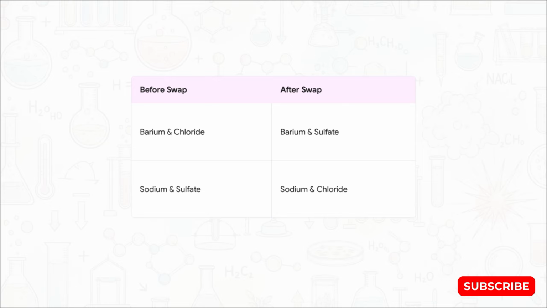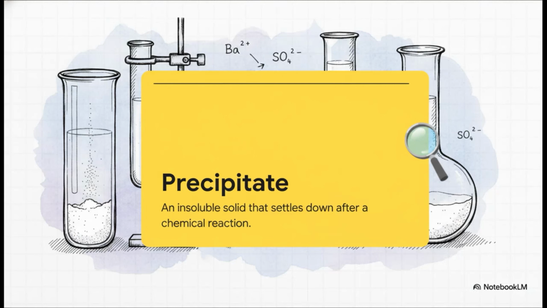So during the match, they realize it makes way more sense to just sit with their fellow fans. They agree to a mutual swap. Barium leaves chloride to team up with sulfate, and sodium teams up with chloride. The ions perfectly swap partners, creating two brand new compounds, zero drama, zero fighting. And this actually gives us a really important visual cue. Often, when these mutual double displacement swaps happen in a liquid, one of the brand new compounds that forms isn't soluble in water anymore. This solid residue that settles at the bottom is called a precipitate. For example, when barium and sulfate formed their new team in our last scenario, they instantly created this thick, white, insoluble solid that just sinks right to the bottom of the test tube.